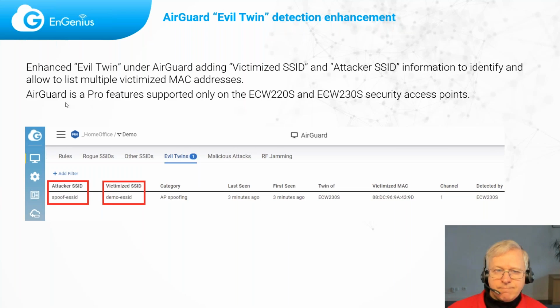And again, AirGuard is a Pro feature, and it's only supported if you're using our security APs, the ECW220S or ECW230S.